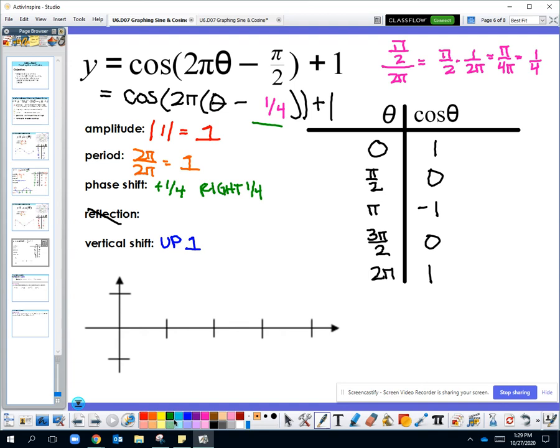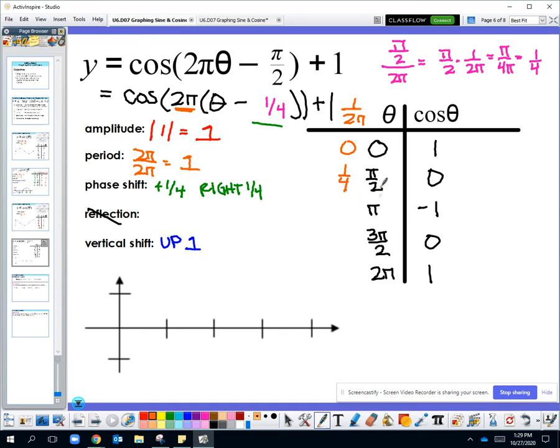And inside the parent function, I have a nice value of 2 pi. So I'm multiplying by the reciprocal of 2 pi. That's the B value. So 1 over 2 pi is what I'm multiplying all of my inputs by. Pi over 2 multiplied by 1 over 2 pi. That will give me the value of